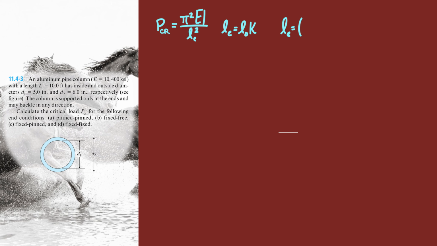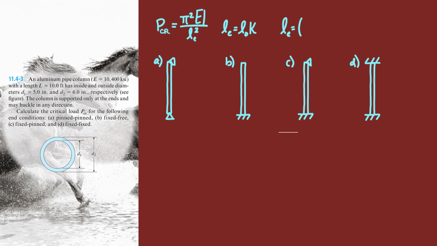And I recognize that's really confusing, so I'm going to do all four, A, B, C, and D, at the same time, and we're going to compare them. So for A, pinned, I have my pins at my bottom and my top. For B we have fixed free, so it's fixed on the bottom and free at the top, and the rest of the scenarios. If I have some force at the top and I push down, and we're looking at A specifically here,